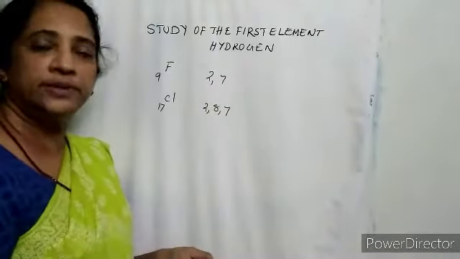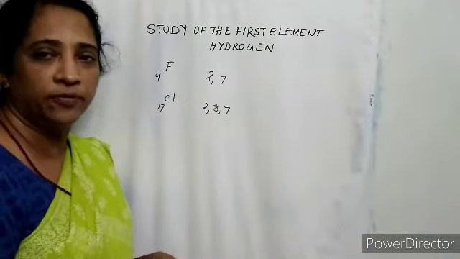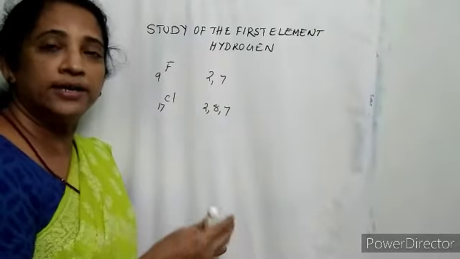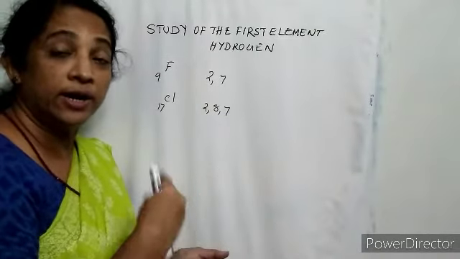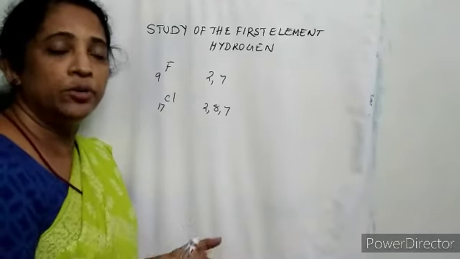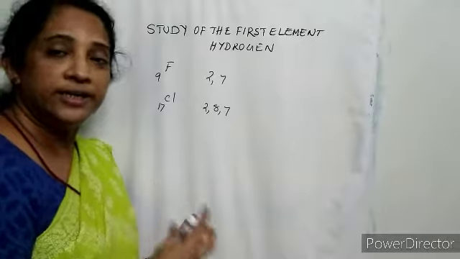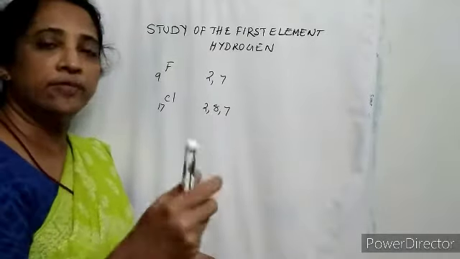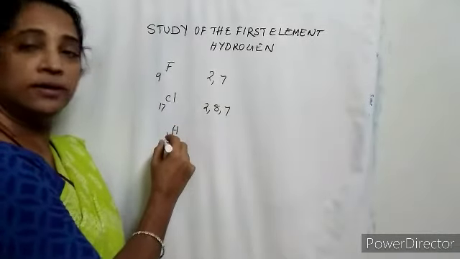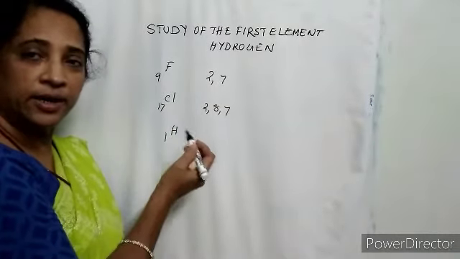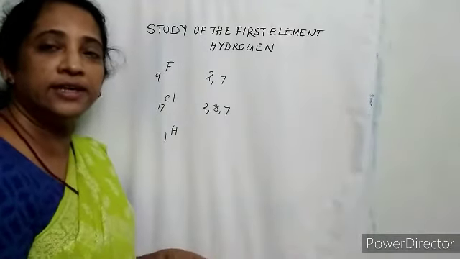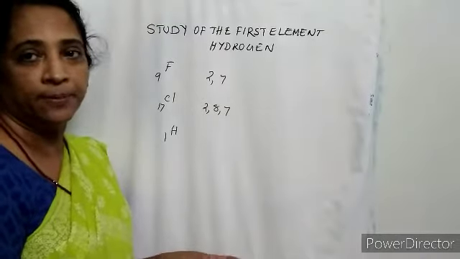Both the halogen atoms are unstable due to unstable electronic configuration, and there are 7 electrons in the valence shell. That is, one more electron is required to attain a stable electronic configuration, or to get the nearest inert gas configuration. These atoms need one more electron. Like that, hydrogen with atomic number 1 is unstable, and this hydrogen atom needs one more electron to attain the nearest inert gas configuration of helium.